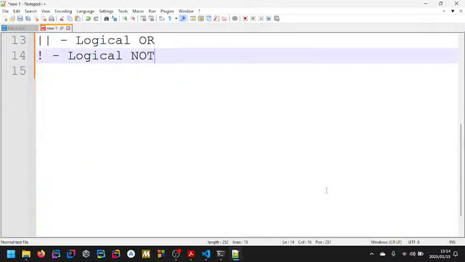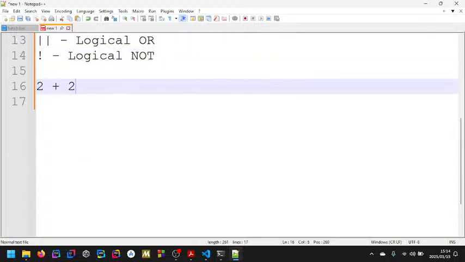For example, if I say 2 plus 2, what is the operator? The operator is plus. What are the values I am applying the operator to? It's the value on the left and the value on the right. Those values on the left and the right are called operands, because the operator operates on those values. You don't have to overthink it, but I just want you to understand the term operator. In a way, you can view it in such a way that the operator